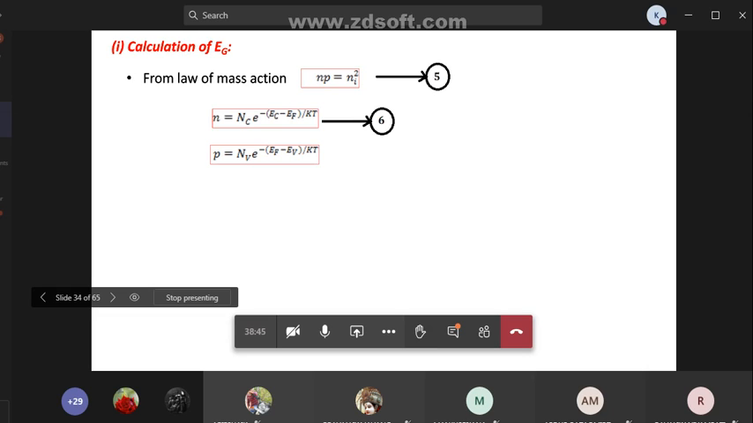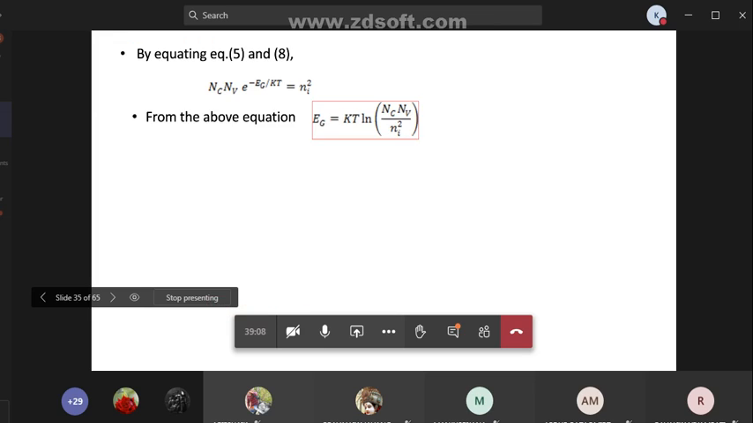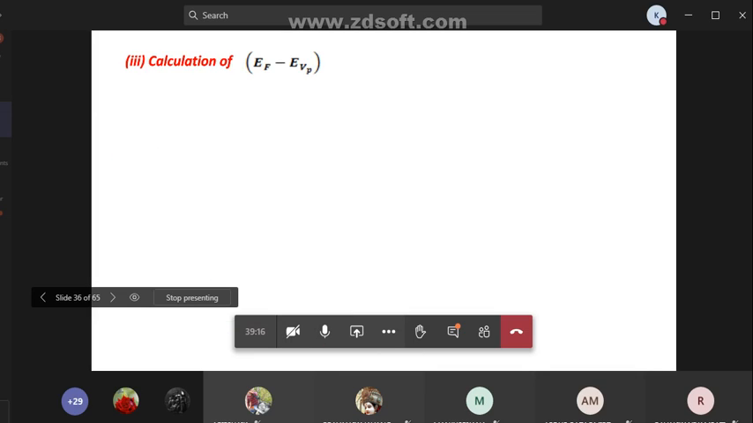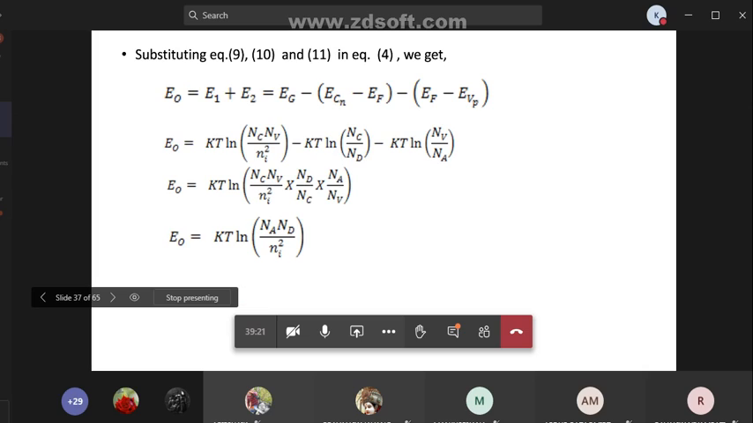From the law of mass action, NP equals Ni square, and we know N equals Nc into e power minus of Ec minus Ef by Kt, and P equals Nv into e power minus of Ef minus Ev by Kt. Substitute these two in this equation, then we get NP equal to Nc Nv into e power minus Eg by Kt. Then calculate ECN minus EF and EF minus EVP, and substitute these in